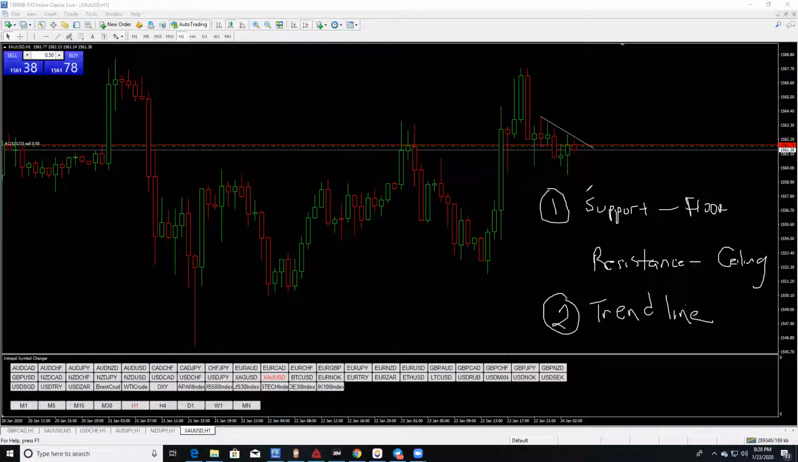After I find my support and my resistance, my ceiling and my floor, the next thing I'm doing is looking for trend lines. I'm looking for how price is moving with the trend, right? I'm looking to see how price is moving with this trend, because when I look for trend lines,